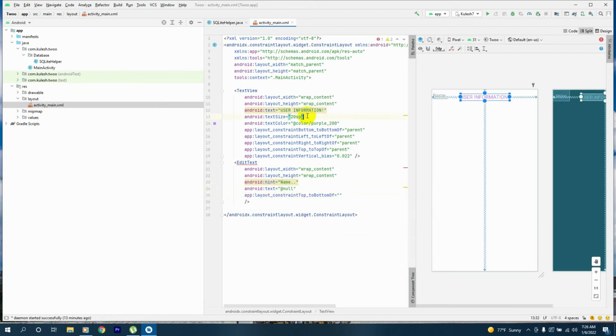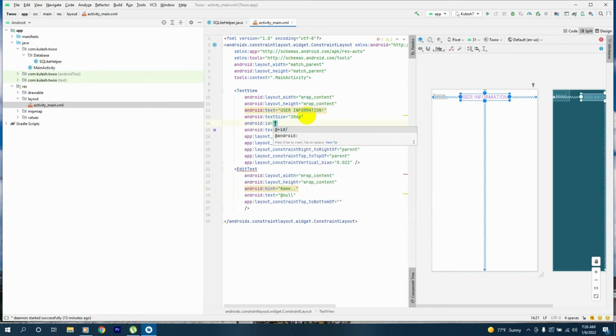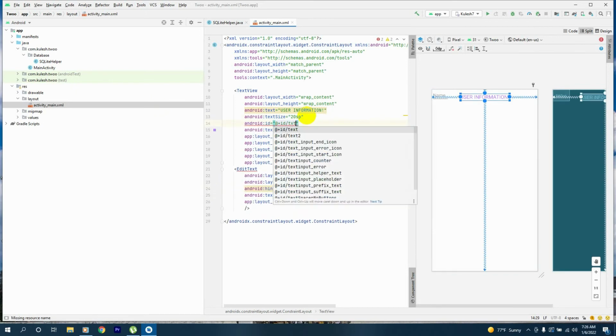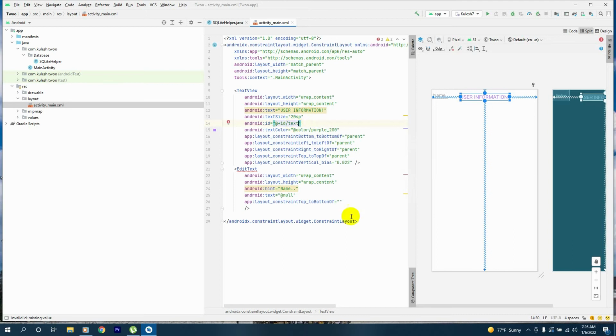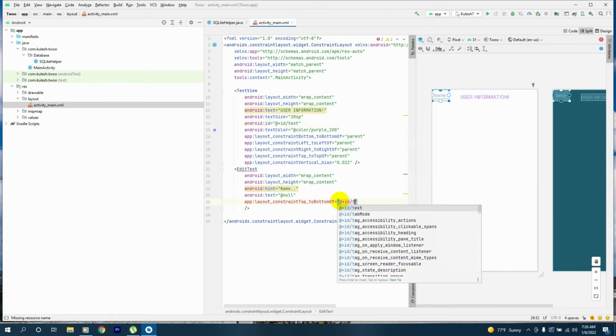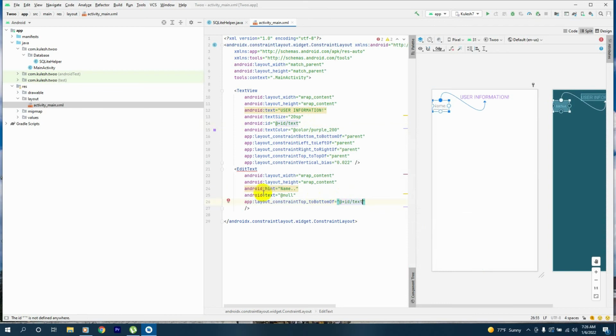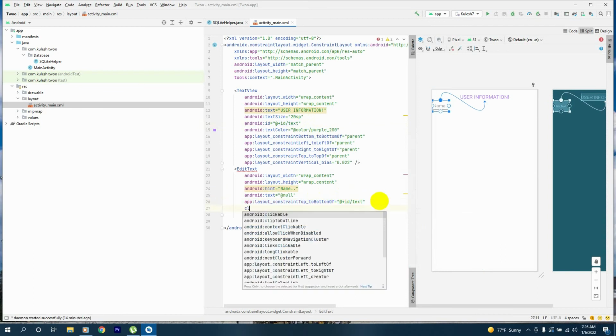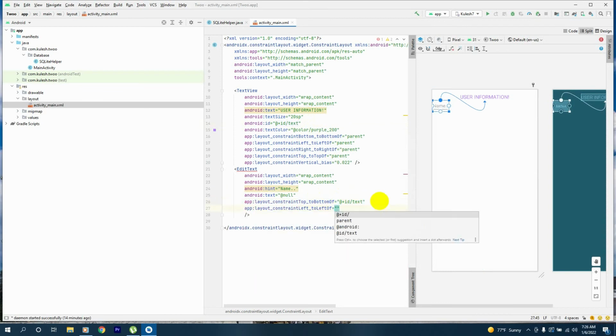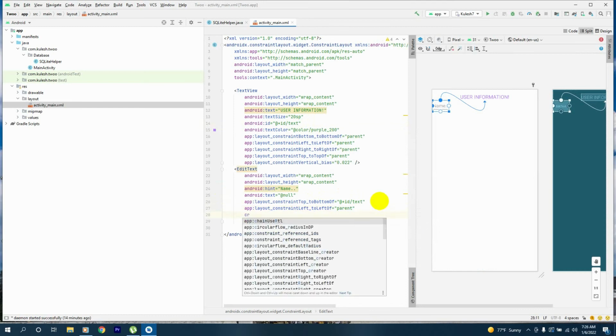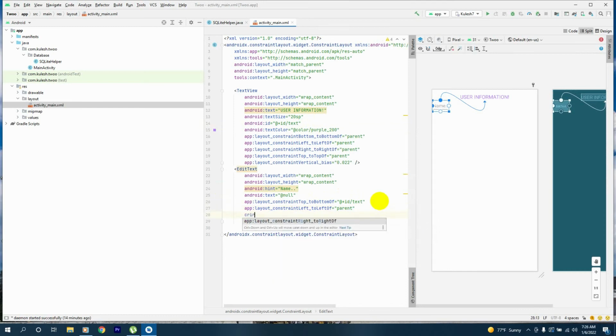Here in the text view we give id for the text view. It will be txt, and here we provide the id txt, and after that constraint left of left will be parent, and constraint right of right will be also parent,